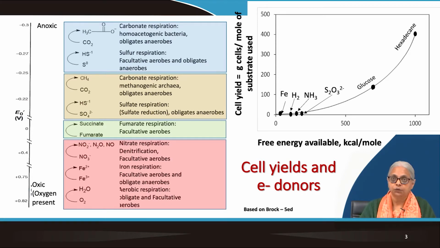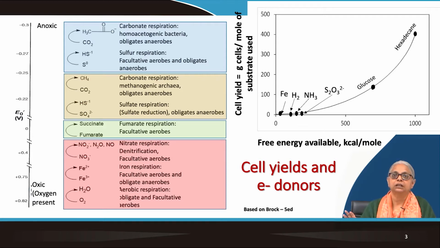So starting with anoxic conditions at the top, ending with oxic conditions at the bottom, you can see you have fermentation reactions where the delta E0 is going to be the lowest. So you have carbonate respiration, homoacetogenic bacteria, which I will talk about a little bit later, obligate anaerobes. So that is where the cell yield is the poorest, and the graphic on the right hand side is with